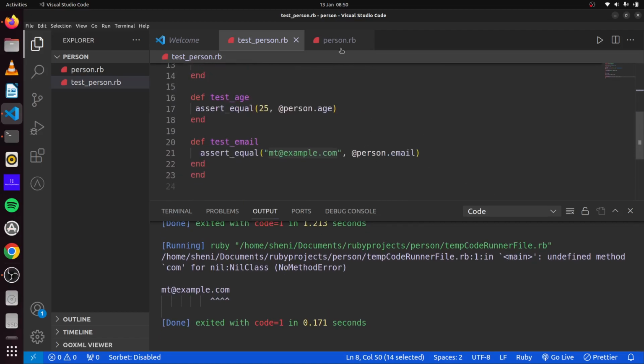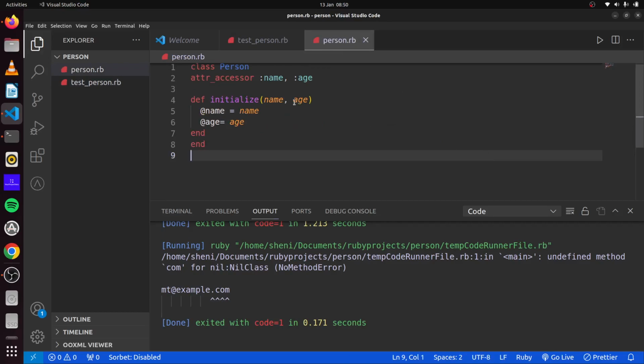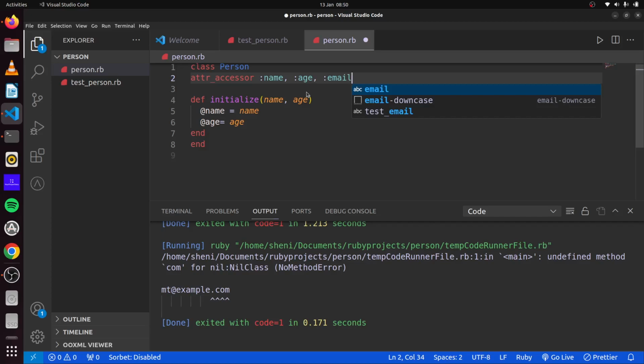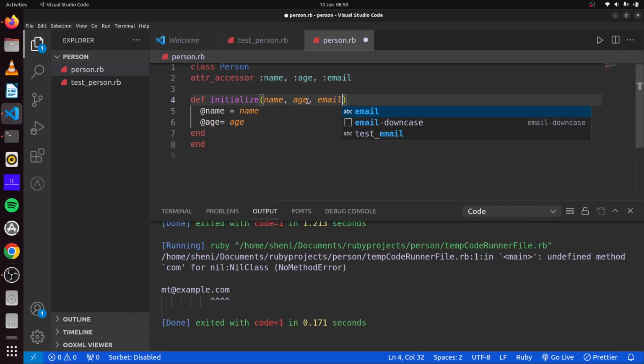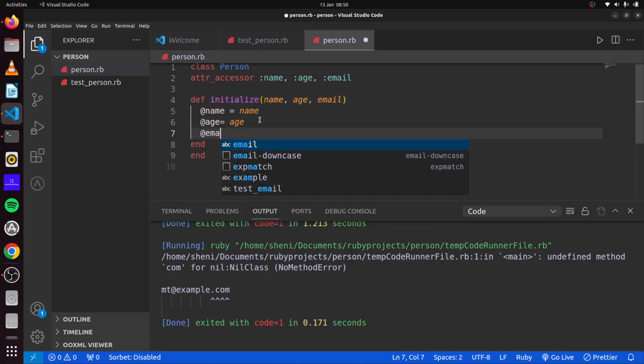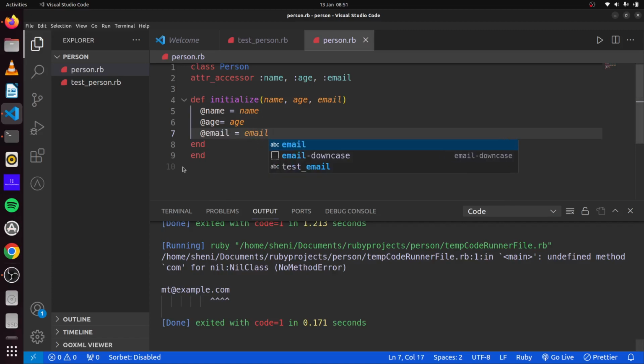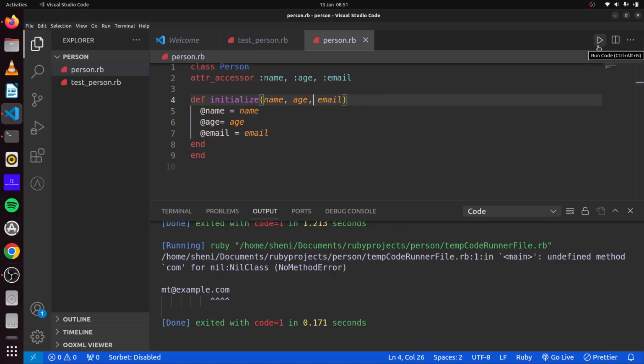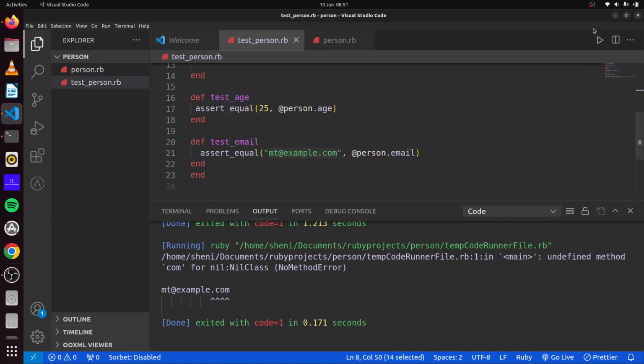So what we can do now is we can head over to our person here. We can add this to our attributes, our email, and same thing that we did here, we'll add our email to our parameters here, and we'll come back here and we'll say email is equal to email once more. Our instance variable is equal to email, and we can come back here and we run this,